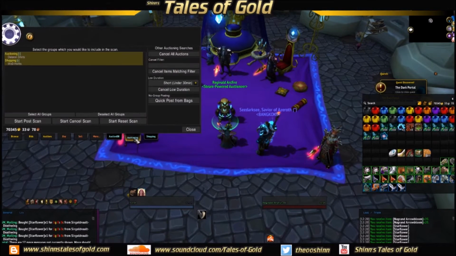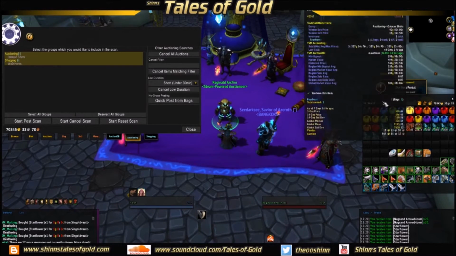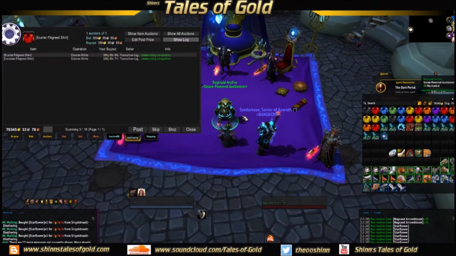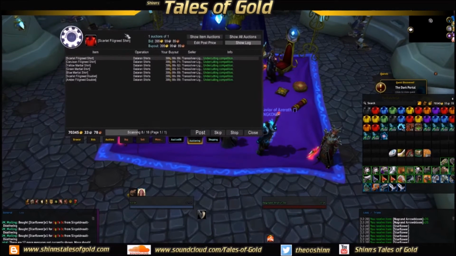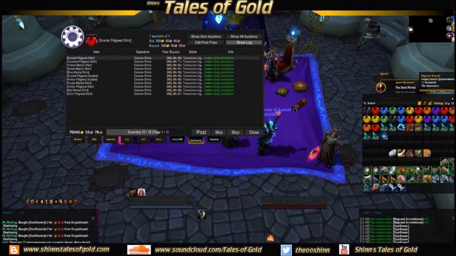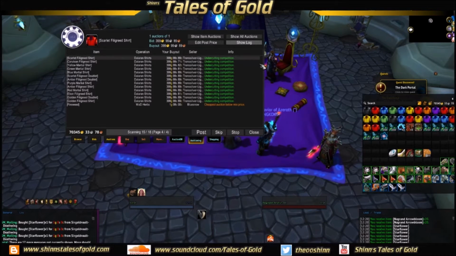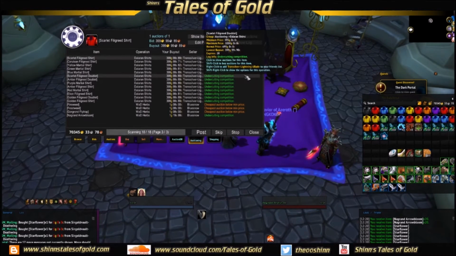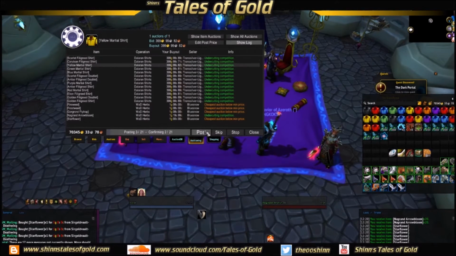So click the auctioning tab, and we've got our 2 groups there. It's also got the shirts already from that shop, and then we've got some herbs, and then we're going to do the start post scan. Move a bit over so we can see it better. So you can see there, it's undercutting some competition on my shirts, so that's pretty good. So we'll post those shirts,